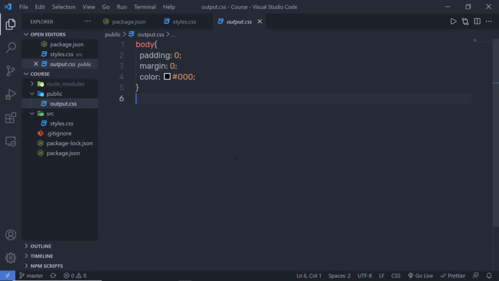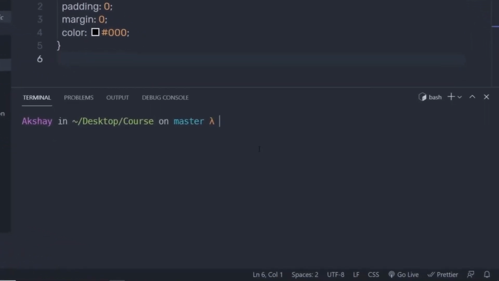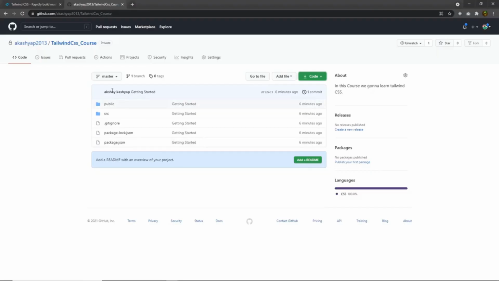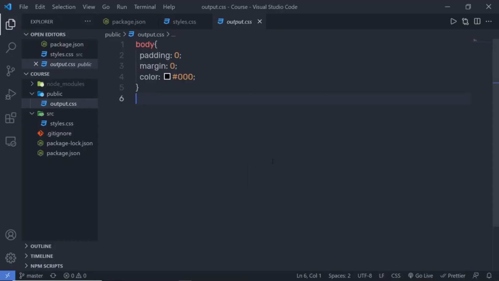If you want to start from this current lecture, you can switch to the lecture 1 branch. You can just specify a command git checkout and specify lecture 1. Or you can find the branch name right here inside this section. You can just select the lecture 1 and clone that project. Now once you understand how you can follow along with me, let me just show you how you can use